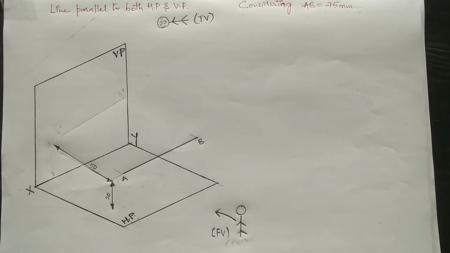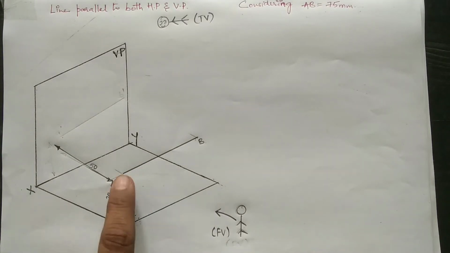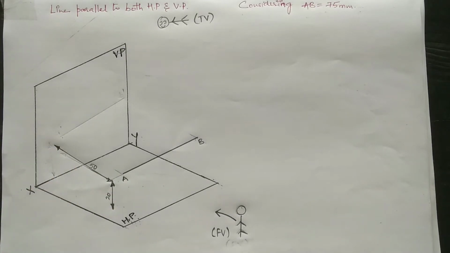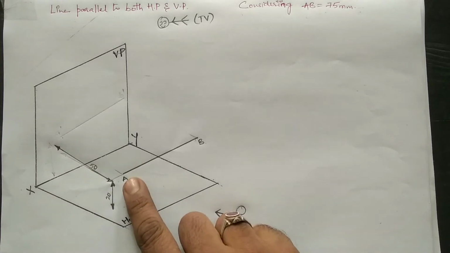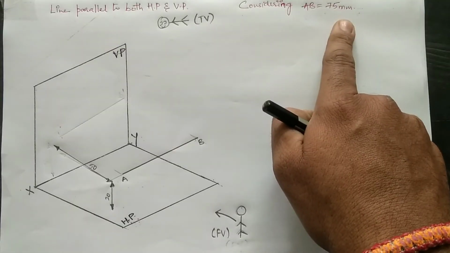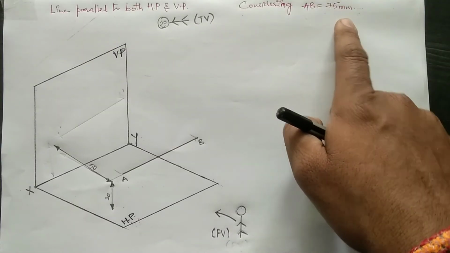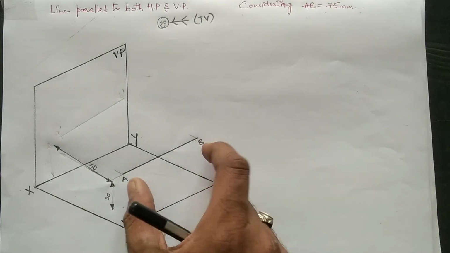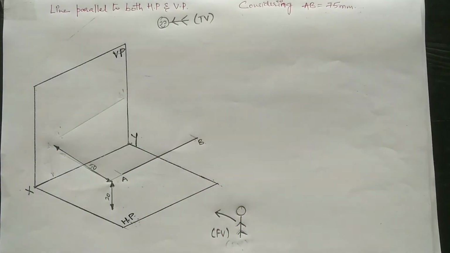both reference planes. Right now, consider the case of a line which is 20 mm above HP and 50 mm in front of VP. How do we go ahead with carrying out the projections of this straight line? We shall see it now. Here, the line AB is around 75 mm, which is given to us in the question itself. So AB is 75 mm in length. How do we draw the orthographic projections of this line? We shall see it now.